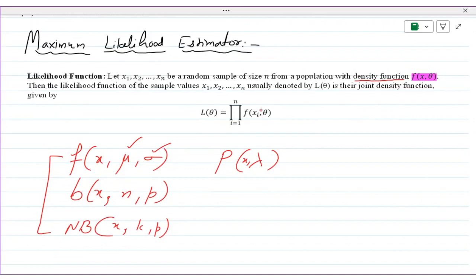So for example, in the Poisson distribution, you have taken some sample x1, x2, x3, and x5, and you want to know the likelihood function of this in the Poisson distribution. So what you will do,